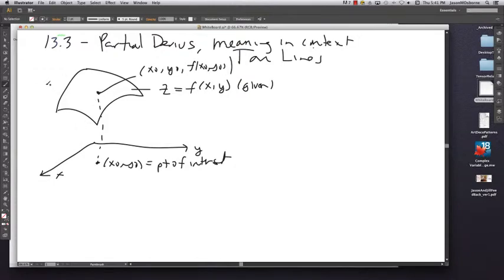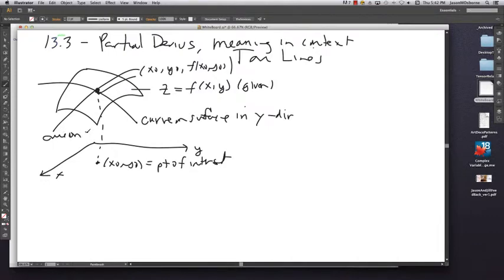And we can then find the curves on this surface that go through that point. And this is the curve on the surface, and let's just say this is the curve in the y direction. Okay, we can see this curve and it's pointing in this y direction. If you were to look at it from the top, this curve would be moving parallel to the y-axis. Okay, and here is our curve on the surface